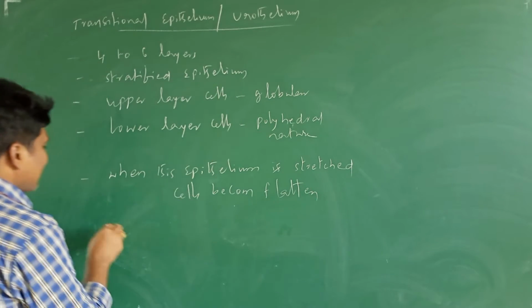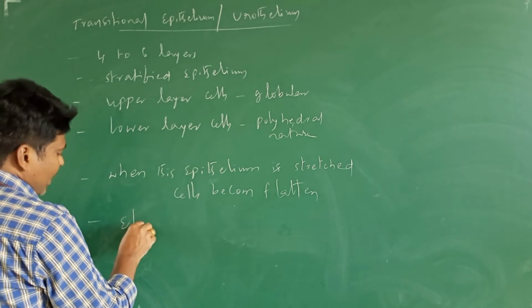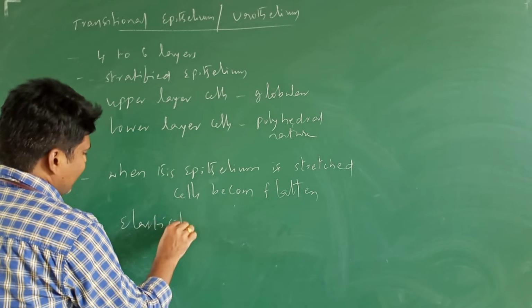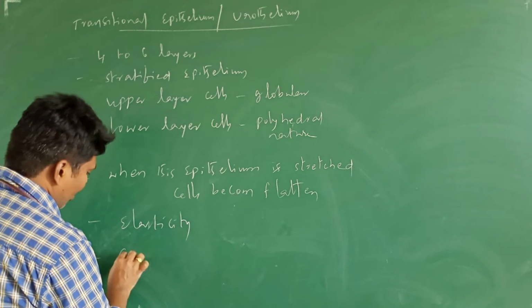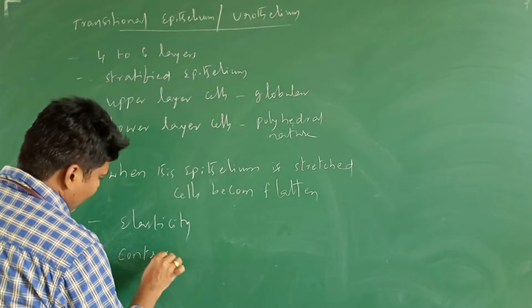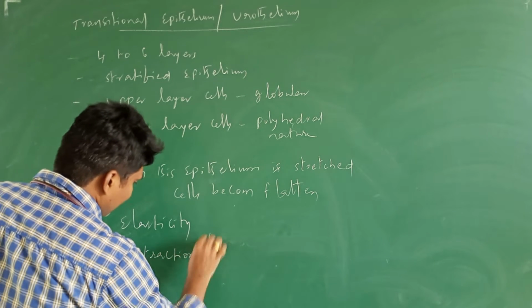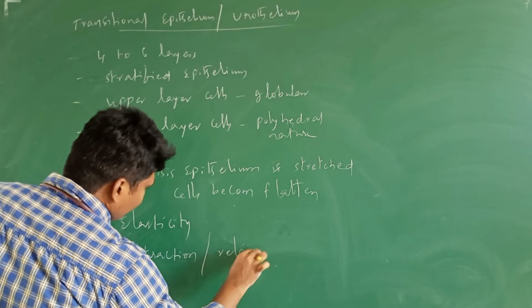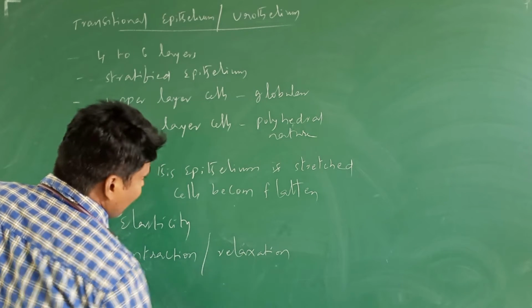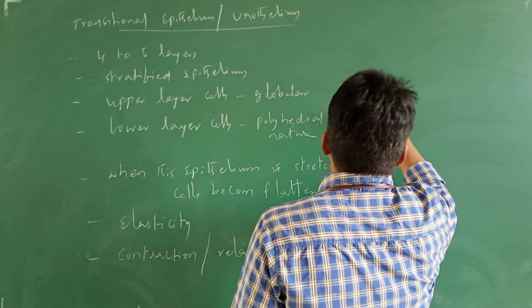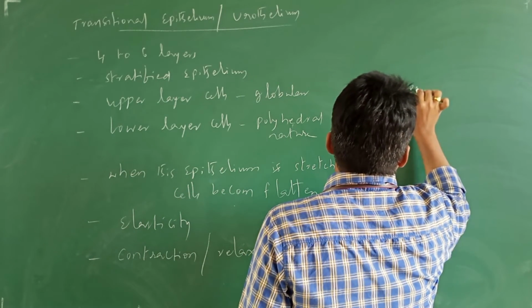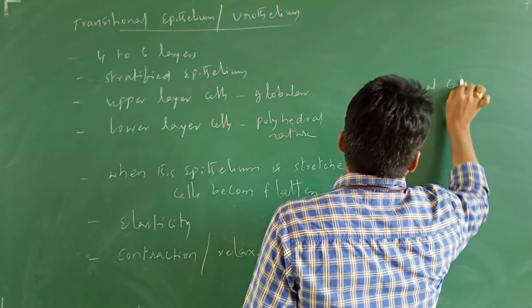Transitional epithelium has the property of elasticity, and it undergoes contraction and relaxation. Where is it located? Examples for this transitional epithelium are the renal calyces,